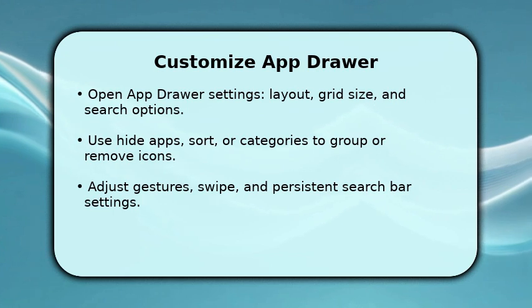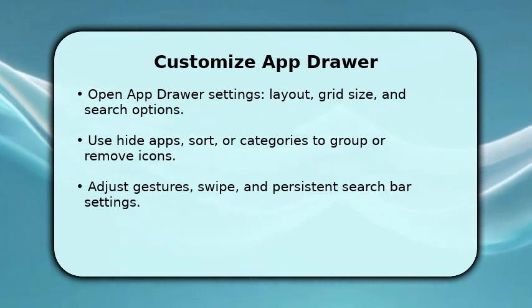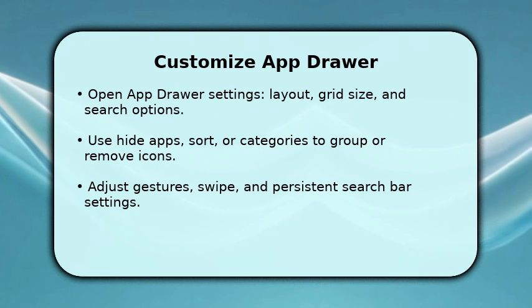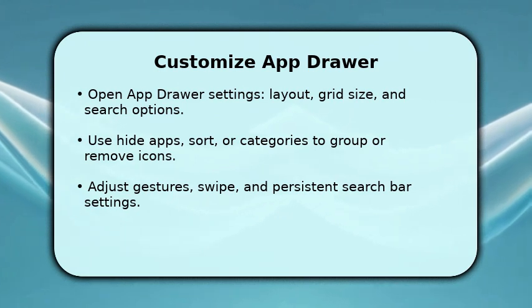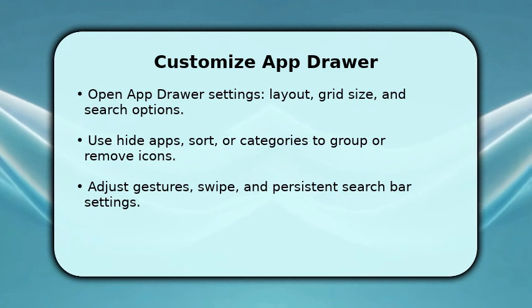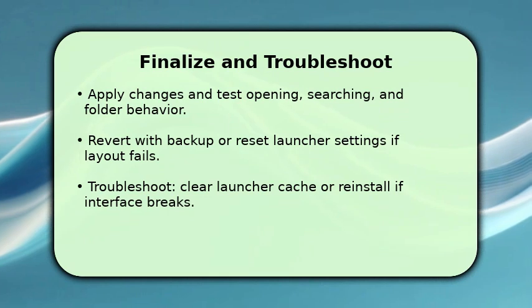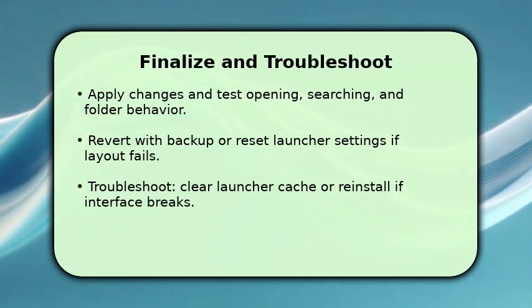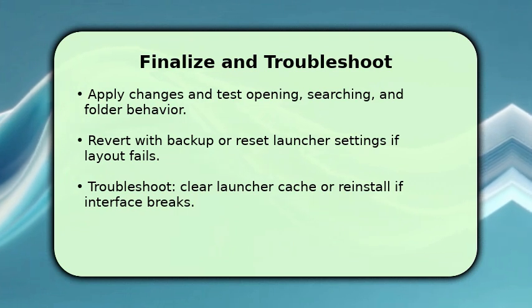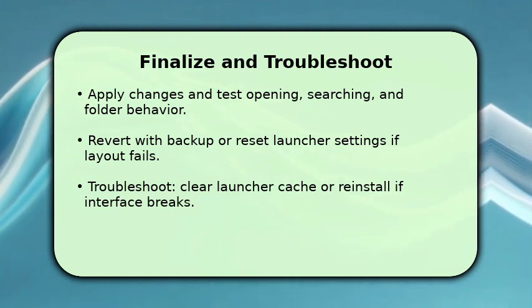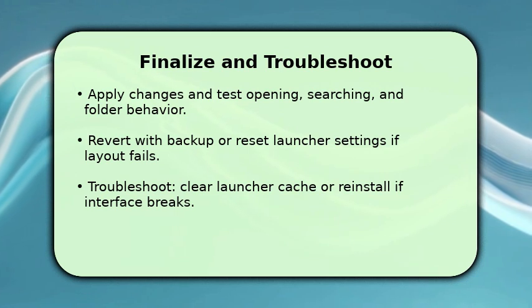grouped access. If you prefer gestures, map swipe actions to open the drawer or search, so reaching commonly used apps takes one smooth motion. Finish by applying changes and testing the menu. Open apps, use search, and try folders to confirm behavior. This validates your setup. If something looks off, revert using your backup or reset the launcher settings to default because